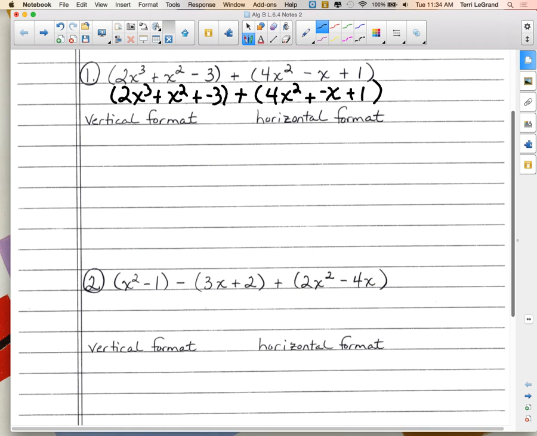4. Does our cubic trinomial have 4 terms? It's missing one of the terms, isn't it? Which term is it missing? The 0. Oh, I don't think so. Because x to the 0 power is